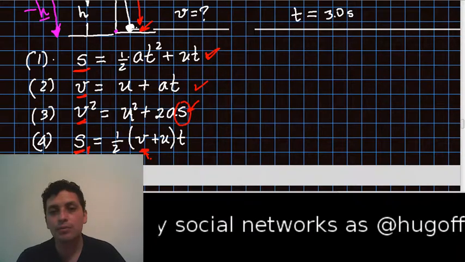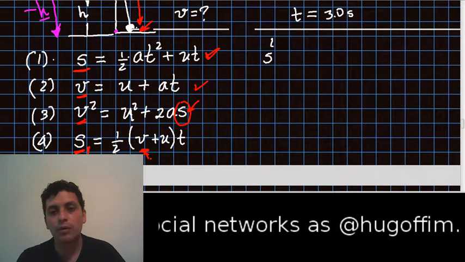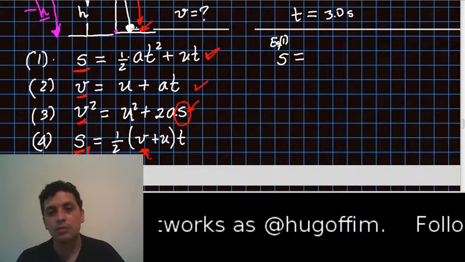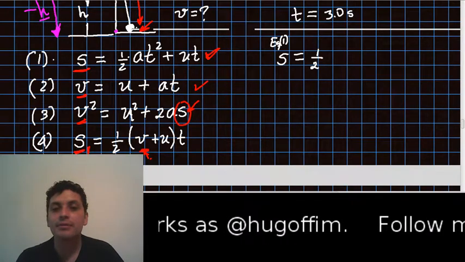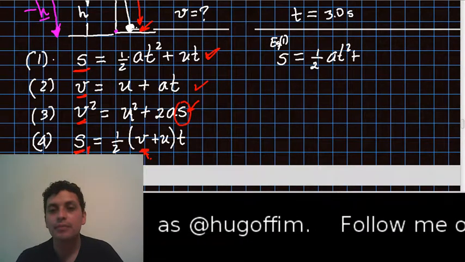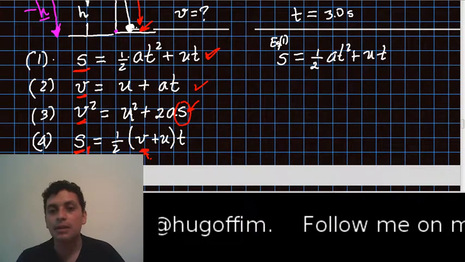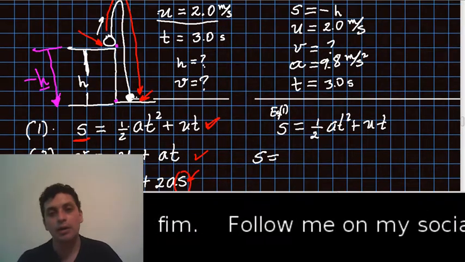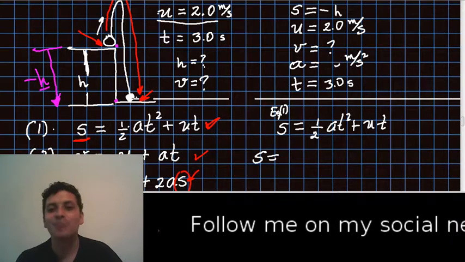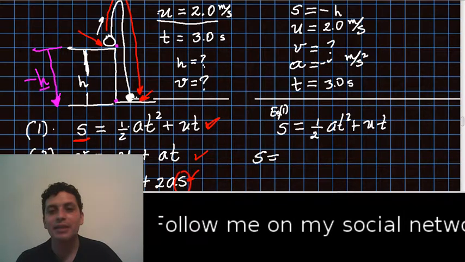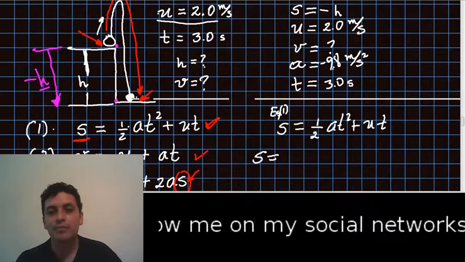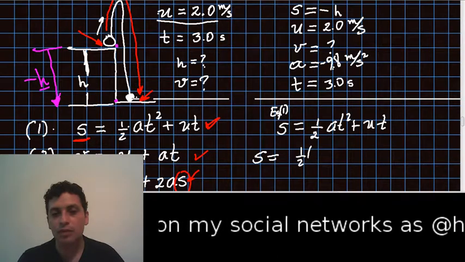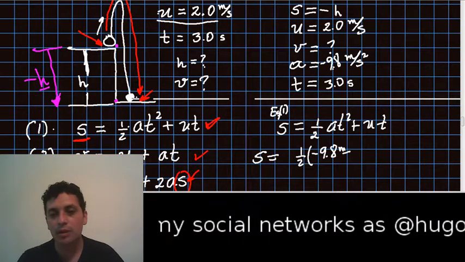So, for example, I can use equation 1 to find the displacement. So displacement will be a half of at squared plus ut, but I have all the values. Just to remember something that I sometimes forget: remember that this is negative, right? Because it's going down. So I'm just going to write here minus 1/2, okay, I'm going to be very strict, minus 9.8 meters per square second